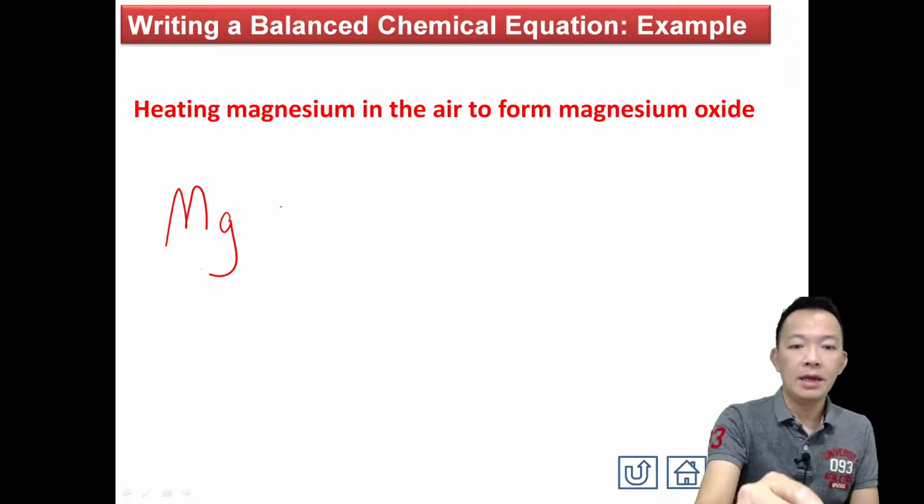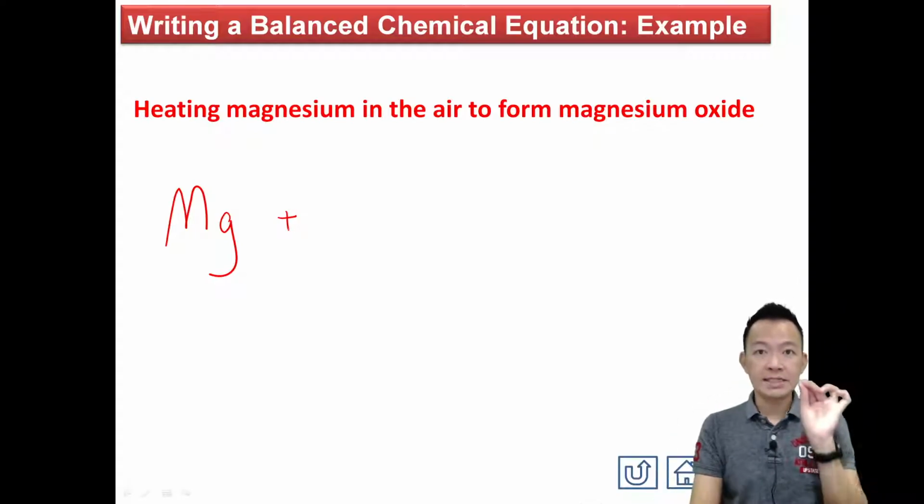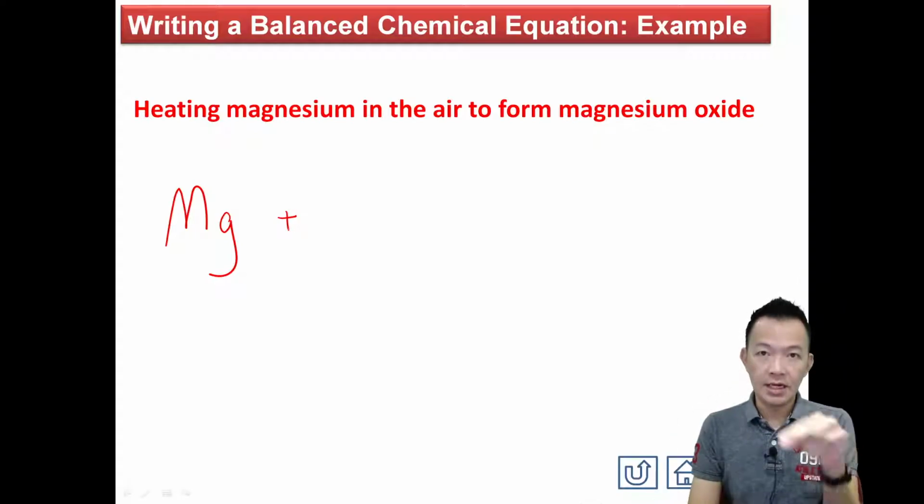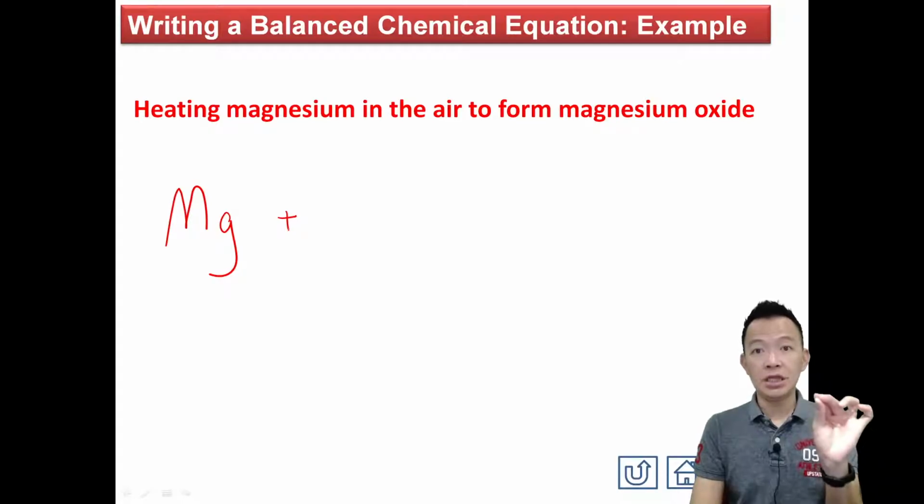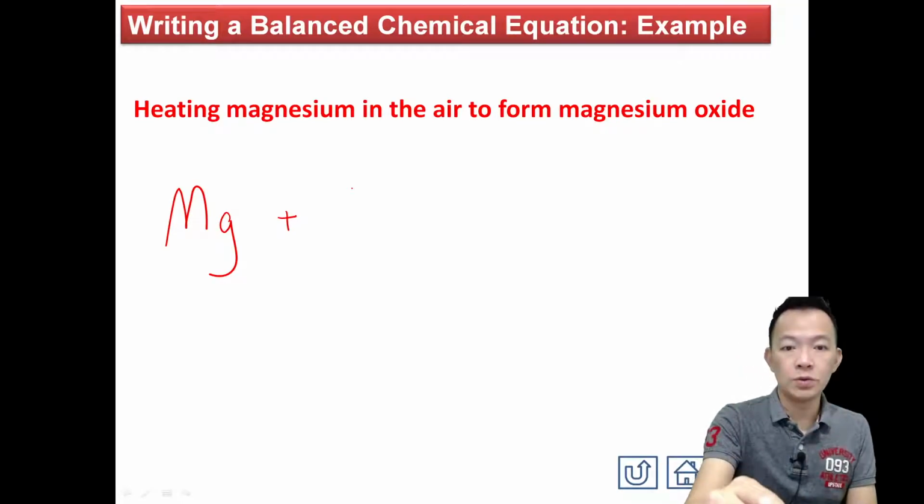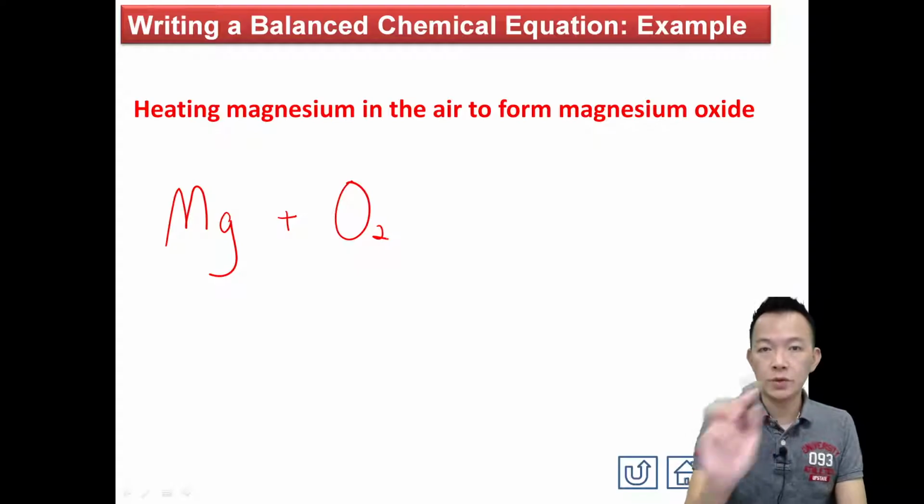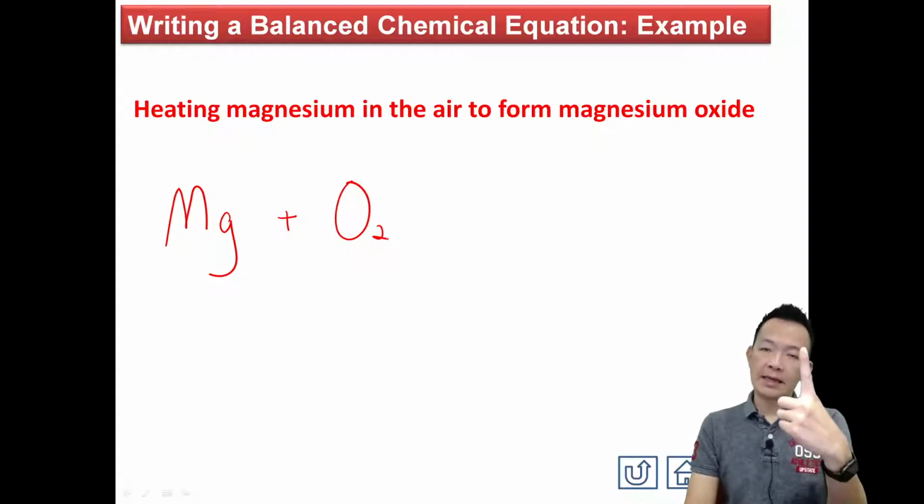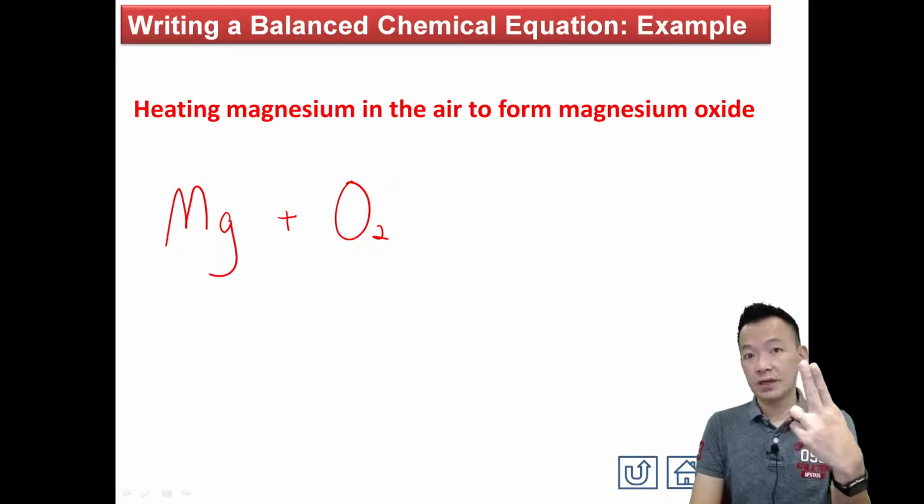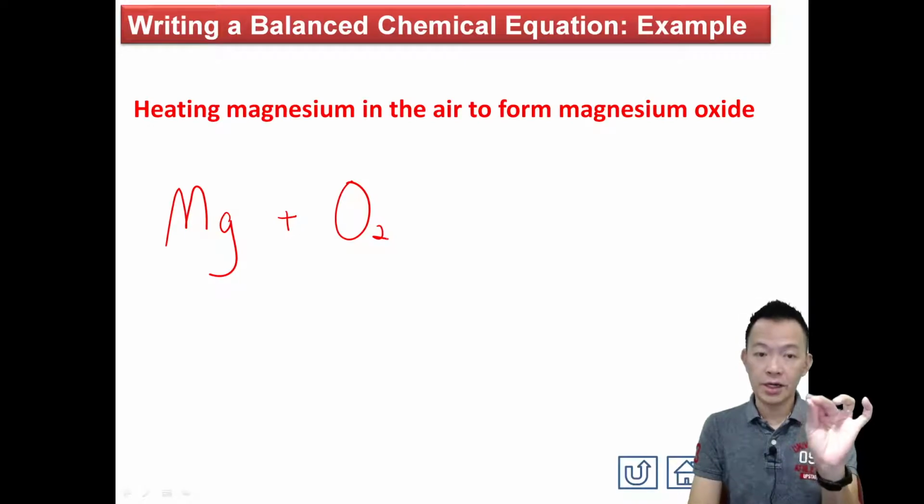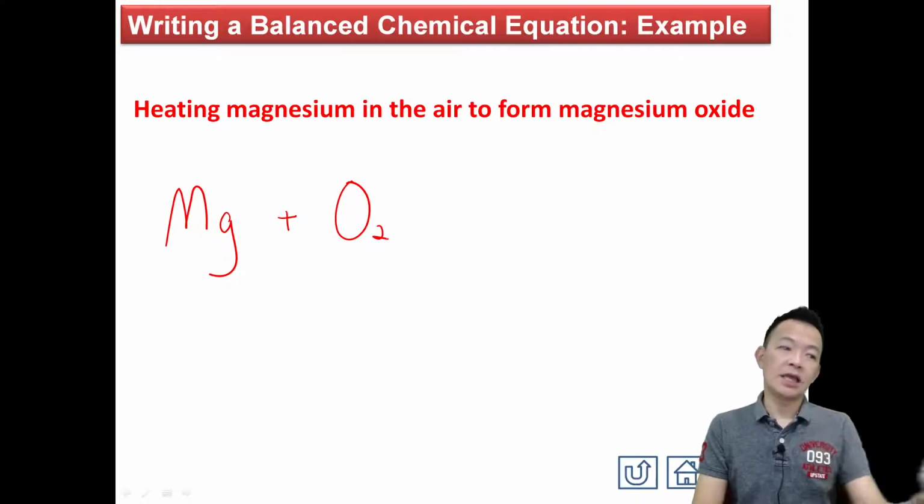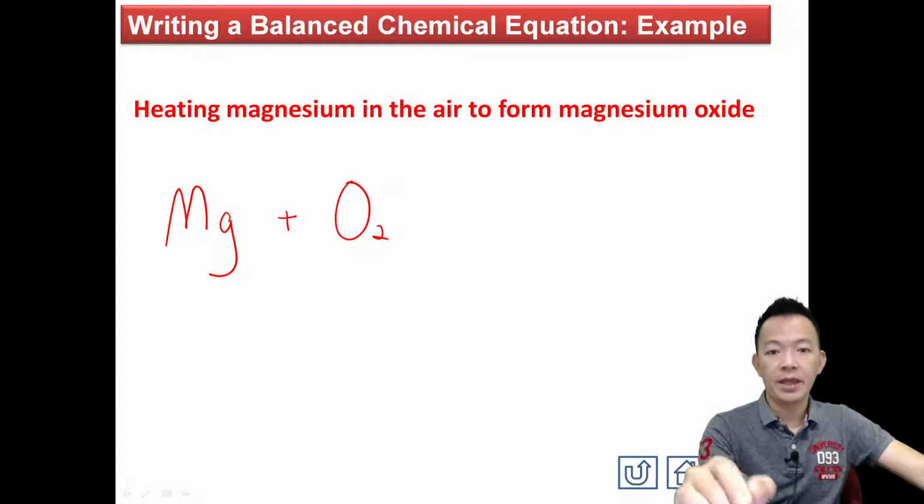Okay。Heating the magnesium in the air，它在空气中被烧。So magnesium react together with oxygen in the air，它跟空气中的氧气起反应，join together become magnesium oxide 啦，OK？But oxygen in our nature exists in the form of molecule。oxygen 在大自然环境呢，它是用分子的形态出现。So you have to write oxygen in the form of molecule，就是 O2，OK？